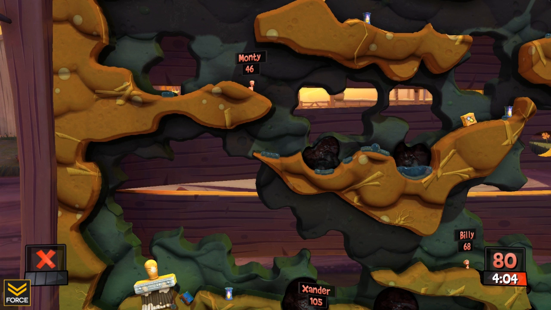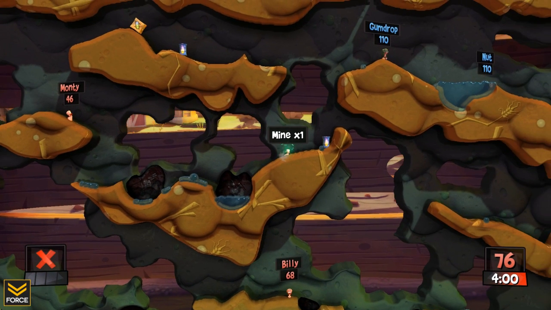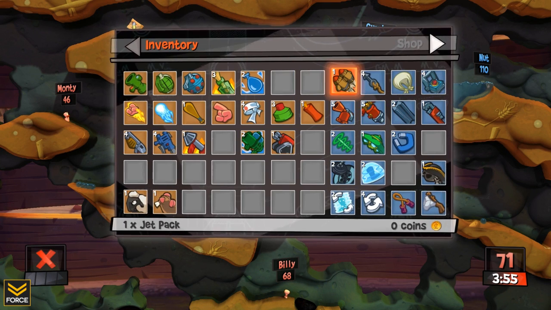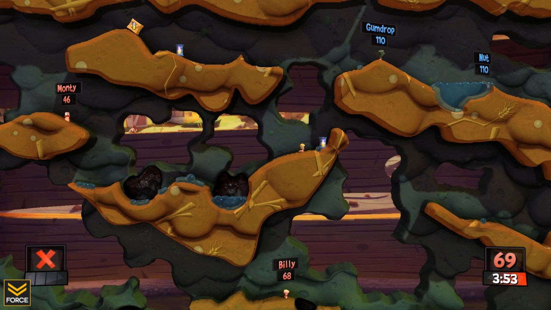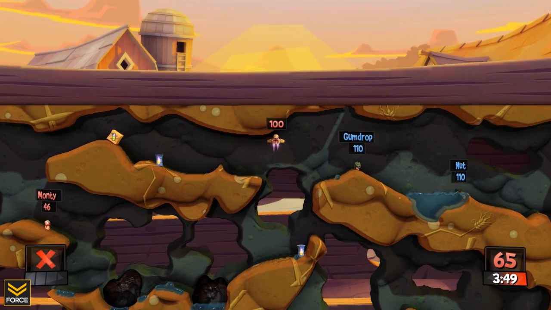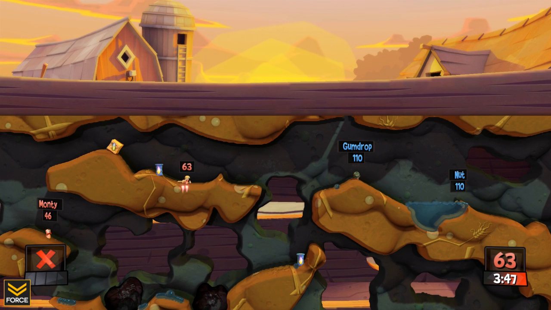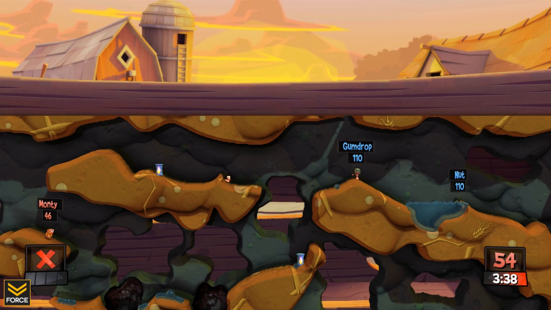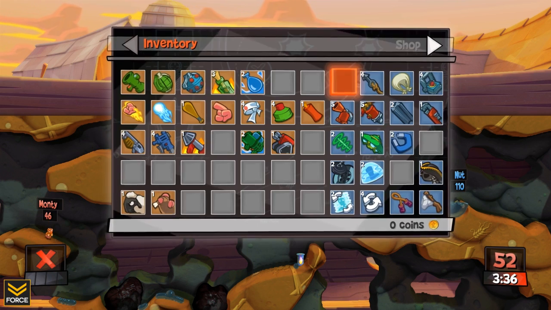I think I should be able to make the jump here. Yeah. Got a mine there. And we are going to go ahead and do a jetpack. Okay. Get this thing. More mine. And then try to do some damage to him. I think what we will do,